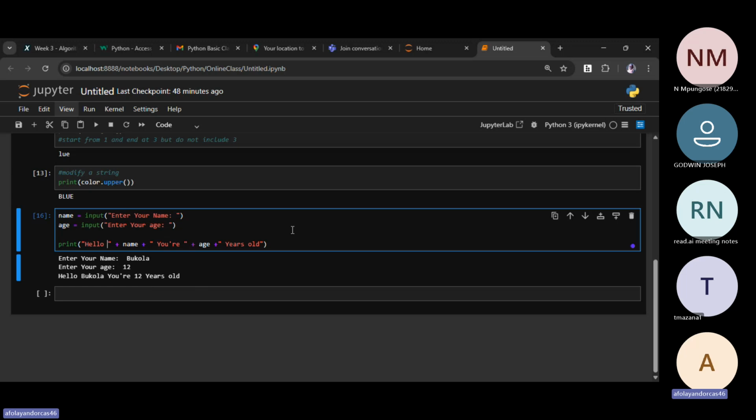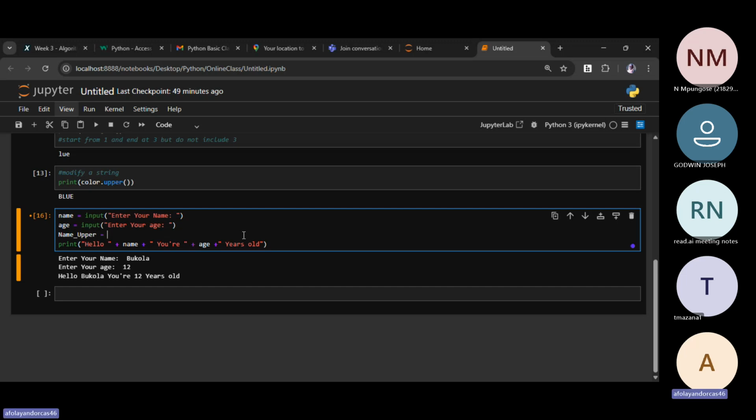So here, we've already gotten our name and age. Then we want to make the name capital letters. You understand? Like you want to capitalize the name, so you want to turn it to uppercase. Then I will now say name upper is equals to.